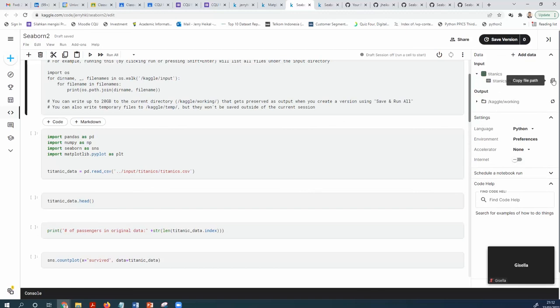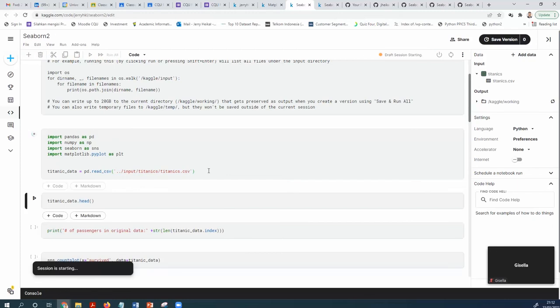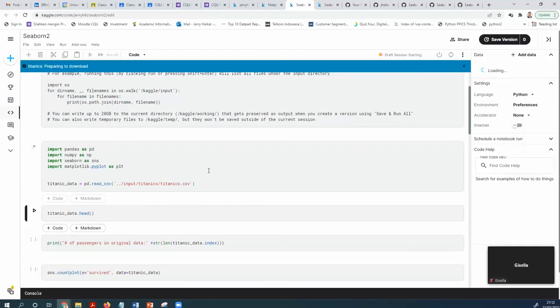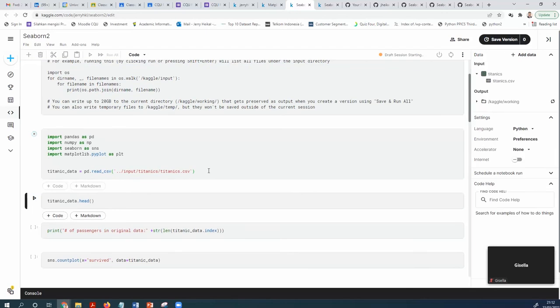You can copy the Titanic data and paste it here, and then read it. We would like to visualize the Titanic data using Seaborn.